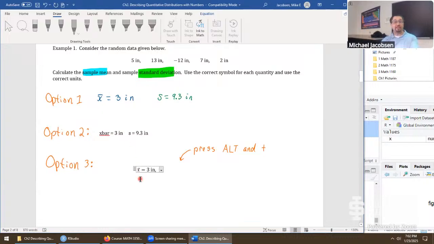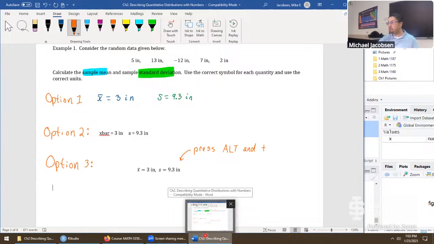I want to emphasize, you totally don't have to do this, but if you are anticipating you're going to be using a lot of these kinds of things in your work, you're possibly going to have to write out reports where symbols get involved. You can put in essentially any symbol. Mu is in there, sigma is in there, for example. All sorts of stuff can be typed into this, and so it's a decent thing to look into if you feel like you are probably going to use it a lot in your program. If I was going to put in s, I would just type that in normally, just s equals 9.3 inches. And that does the job. So either way you decide to do it is totally fine with me.